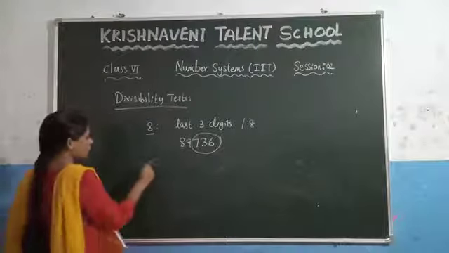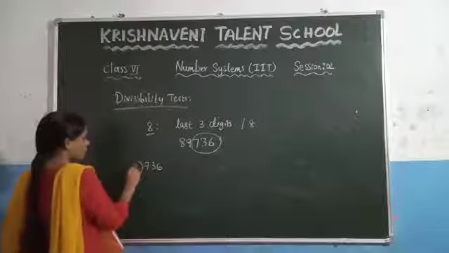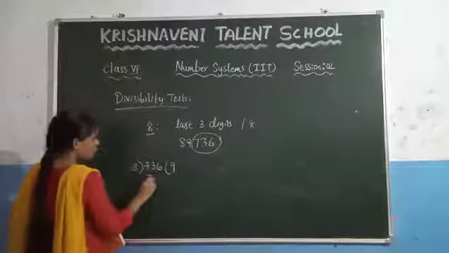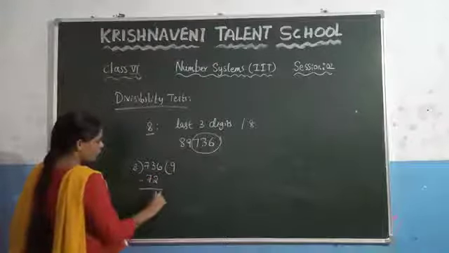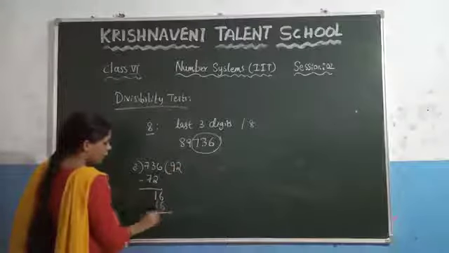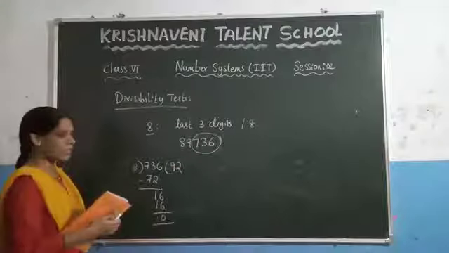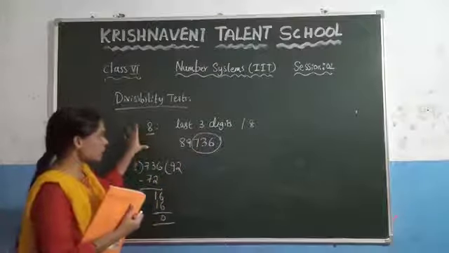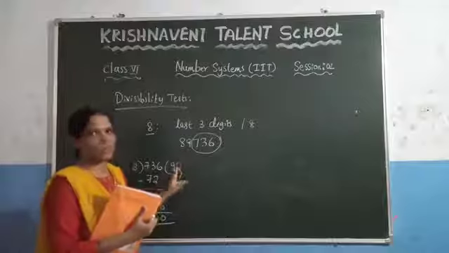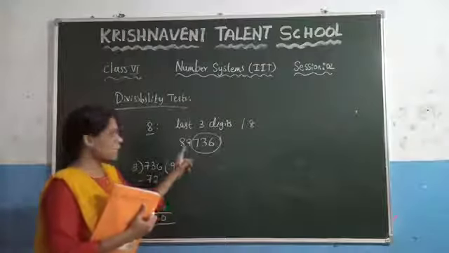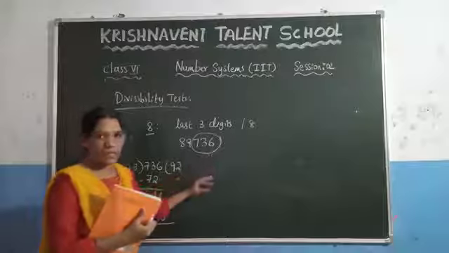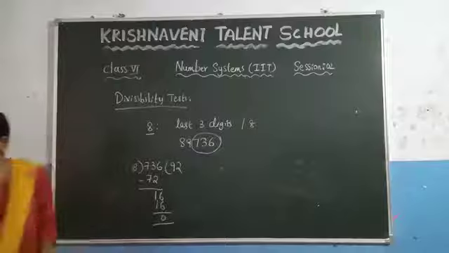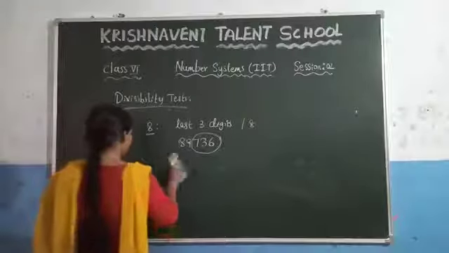So here check whether this number is divisible by 8 or not. And what will you get here? 8 8s are 64, 8 9s are 72, right? So here 1 will remain, 8 2s are 16. And you are getting the remainder as 0. So we can say that this number is divisible by 8. If you want to check whether a number is divisible by 8, you just need to check the last 3 digits of the number. If the last 3 digits are divisible by 8, we can say that the given number is divisible by 8. And see the next one, which is the divisibility rule for 9.